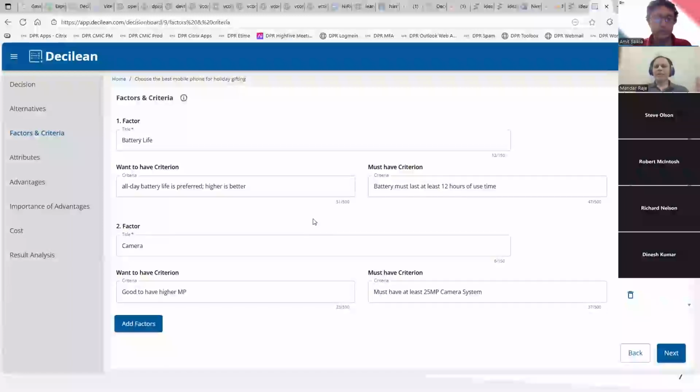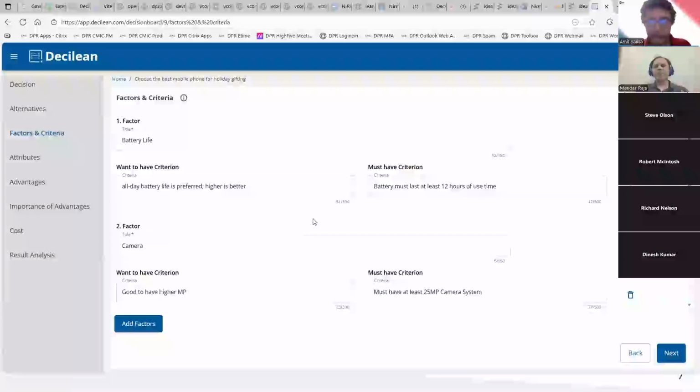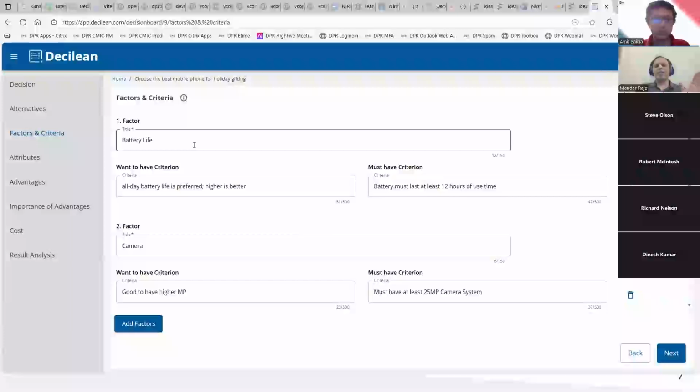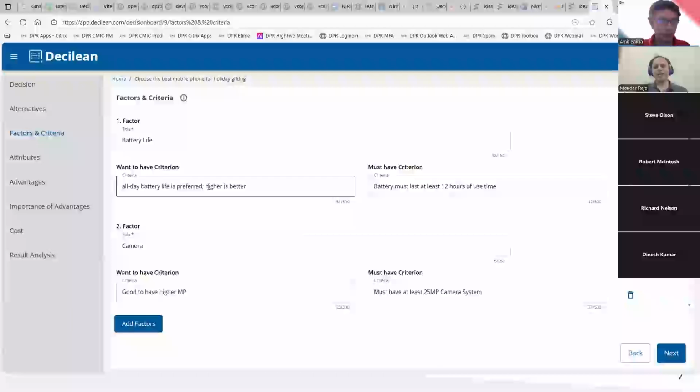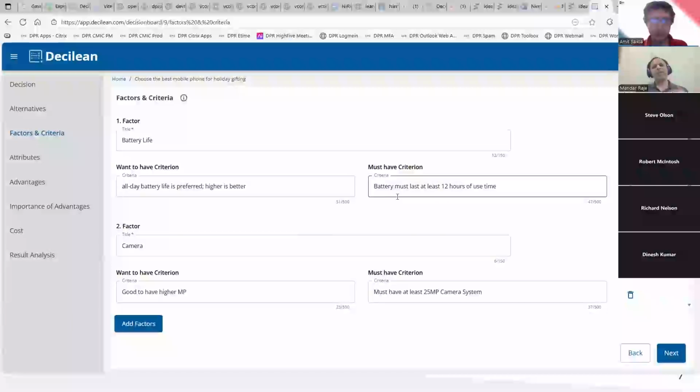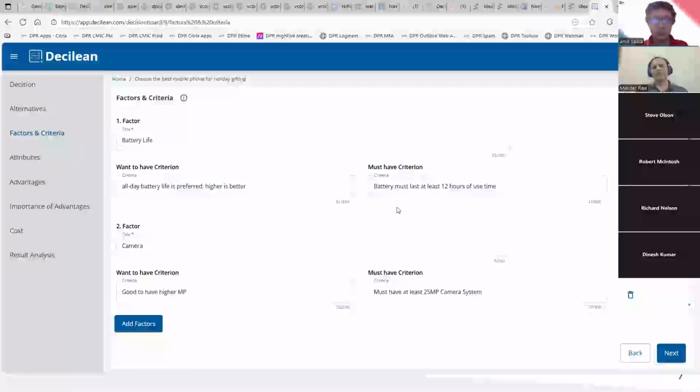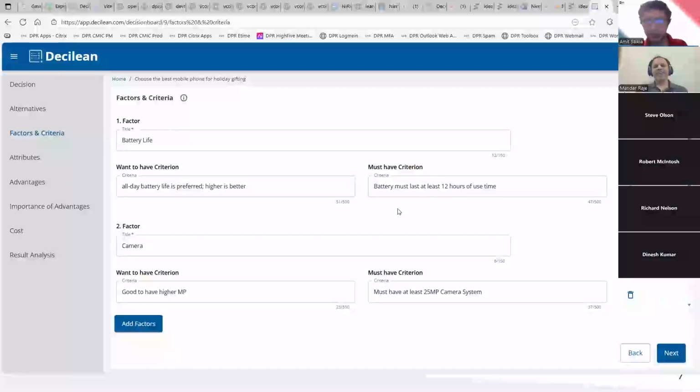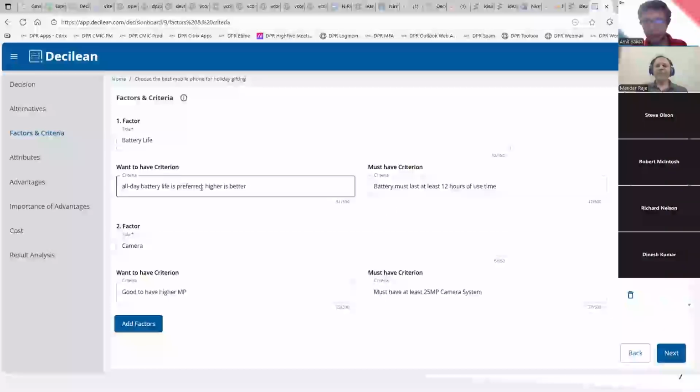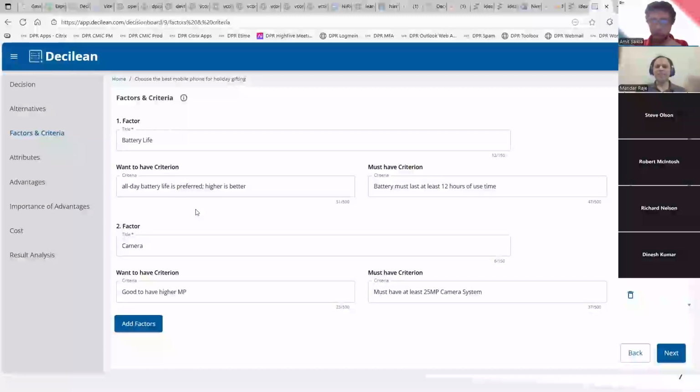Thanks, Amit. So going to the factors, which are the factors we are going to compare across those three alternatives? I said battery life, camera, and the screen. Starting with battery life, CBA, choosing by advantages, distinguishes between must-have criteria and want-to-have criteria. The must-have criterion is at least 12 hours of active use time, otherwise, no fun for younger people. The want-to-have criterion is, can it last all day, which is preferred, and higher battery life